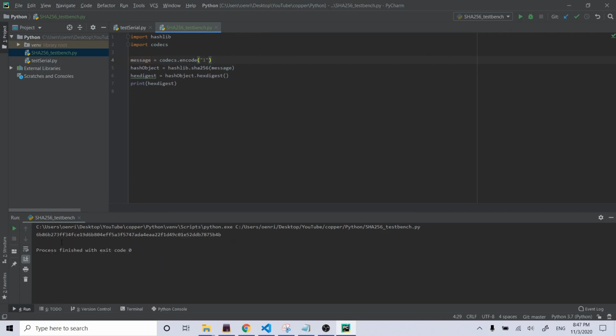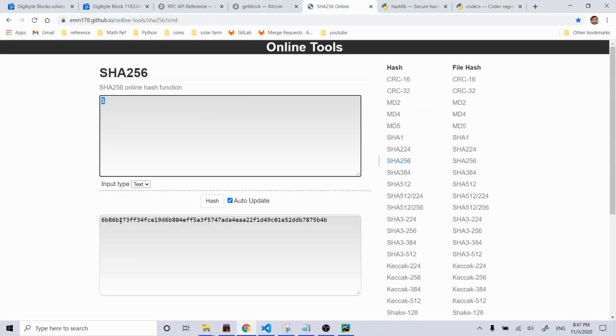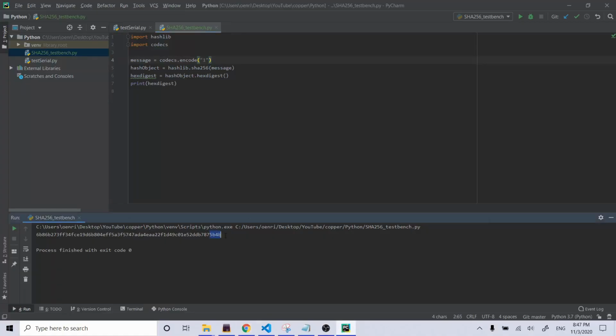Okay, 6B86B, 6B86B, and the last one, 5B4B, 5B4B. Okay, great. Cool. So that verifies the SHA-256 algorithm by itself, but we need to actually take a